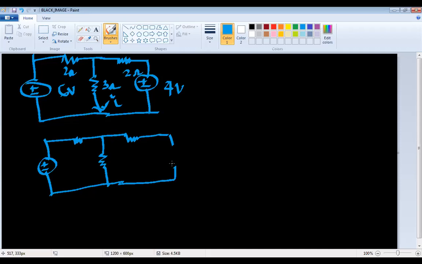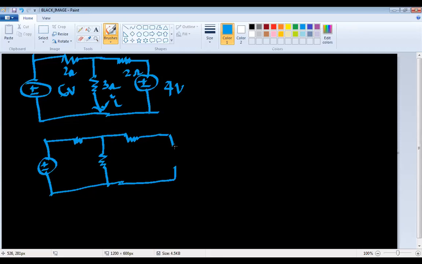Now, in case of an ideal voltage source, these sources we are assuming as ideal voltage sources, so these ideal voltage sources will be replaced by this internal resistance. Normally, the internal resistance of an ideal voltage source is how much? This you have to answer. Sir, 0. Very good. 0. So if it is a 0 resistance, what is the meaning? 0 resistance means no resistance, so it is a short circuit. Correct.